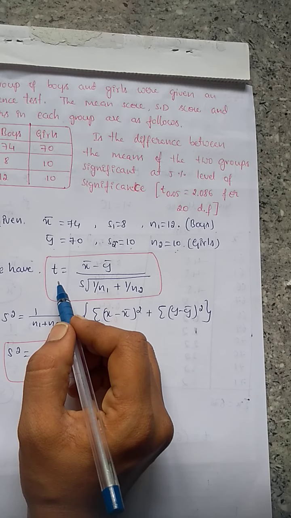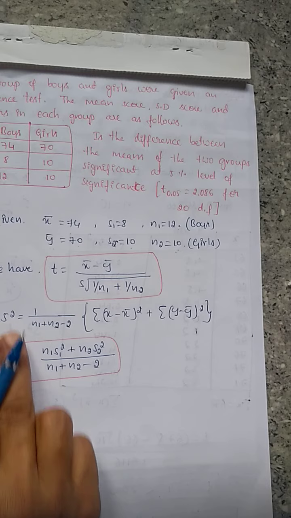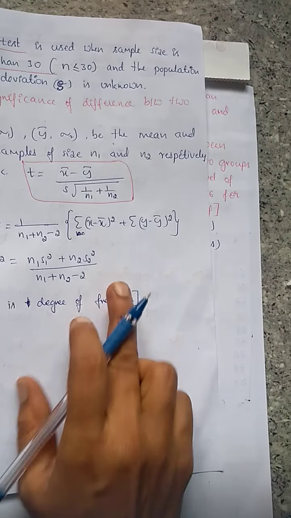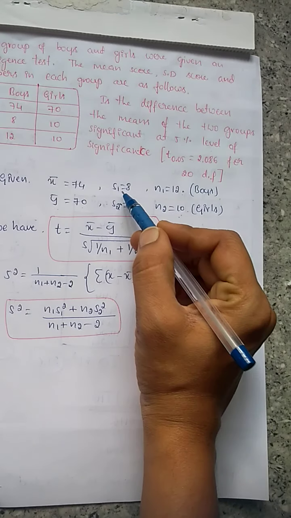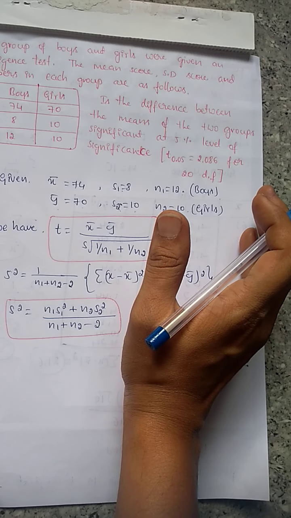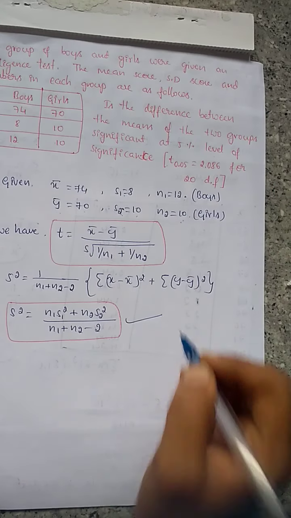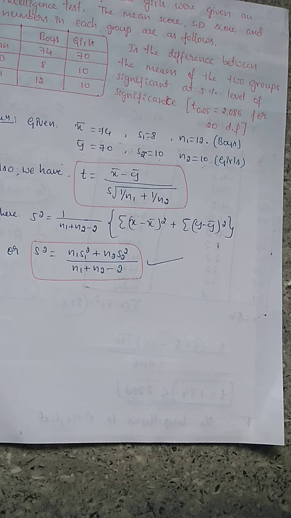And the t-test distribution for two samples, this is the formula. And s square is found by using these two formulas. Depending on the problem we have to choose the s square formula. In the given data we can see s1 and s2. There is no set of x values or y values given here. Therefore I go to use the second formula. Just substitute all the values and we'll get the final s square solution.